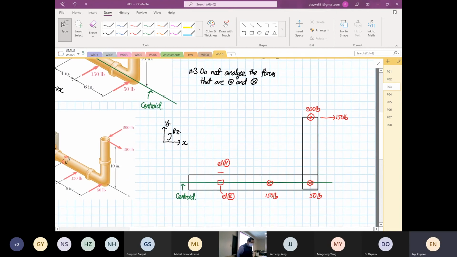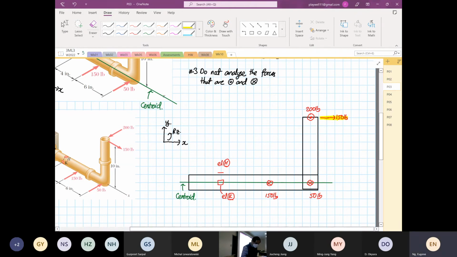Do not analyze the forces that are the cross and the what? And the dot. So don't analyze anything that are crosses and dots. So the dot is 200 pounds. Don't analyze it yet. The cross is 150 pounds and another one 50 pounds. Don't analyze that. You only analyze